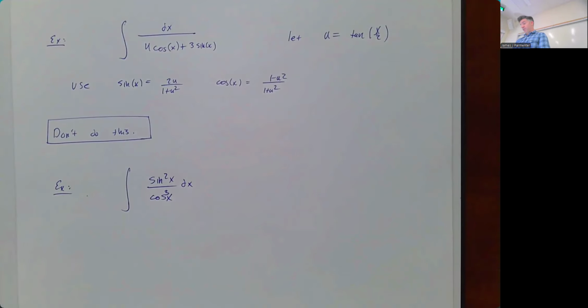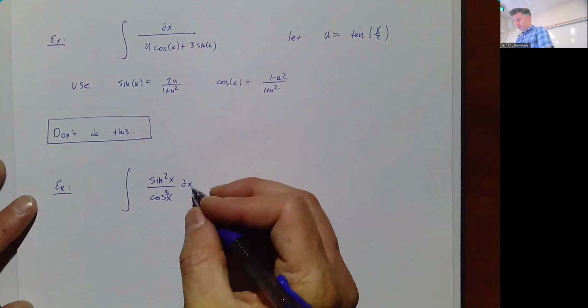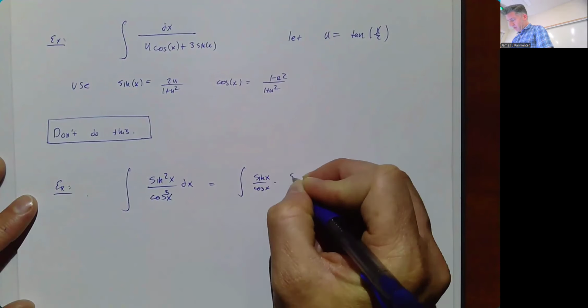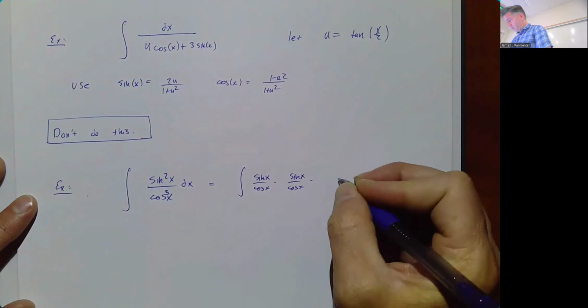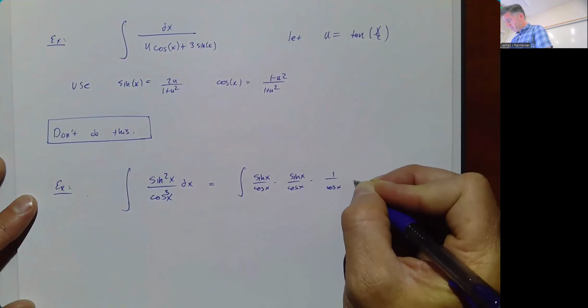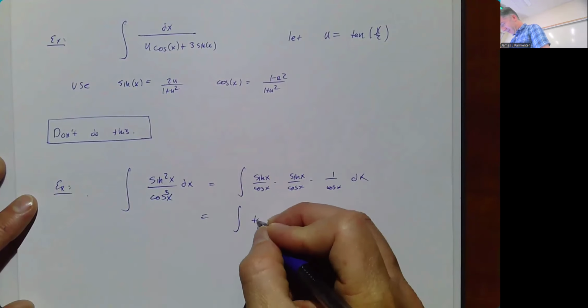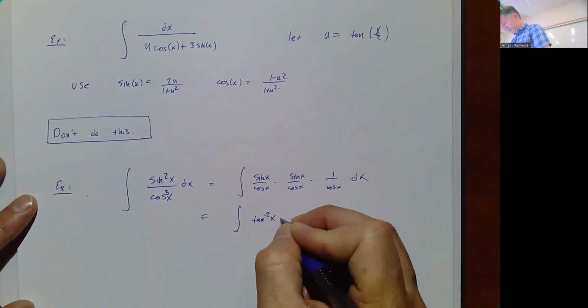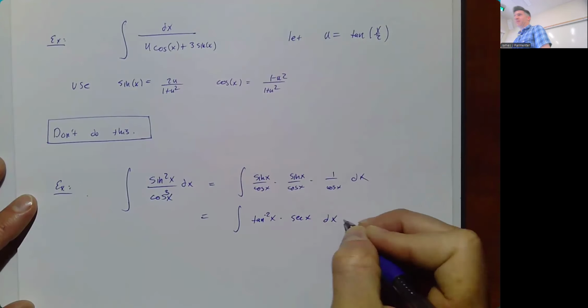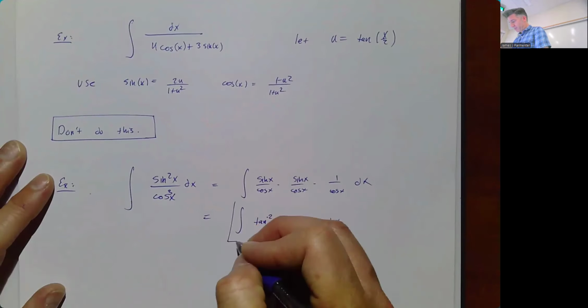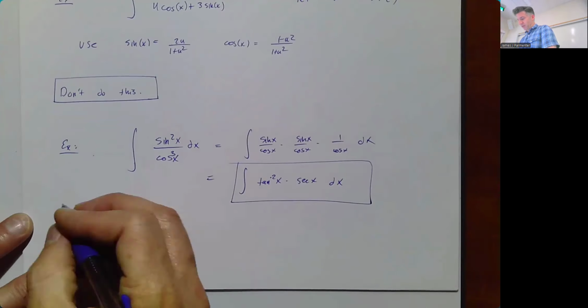I really have no idea how to do this, but I can start playing with it and see. Sine over cosine, another sine over cosine, another 1 over cosine. That's going to be tangent times secant, which is that terrible integral I just mentioned before. Of course, I made up something on the spot that's awful, but doable, right? It is doable, but it'd be terrible. What I was really going for was something more like